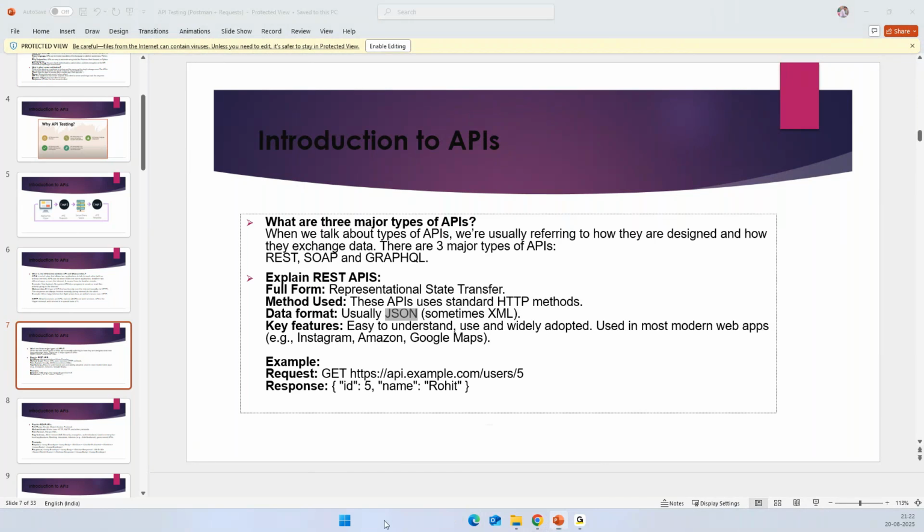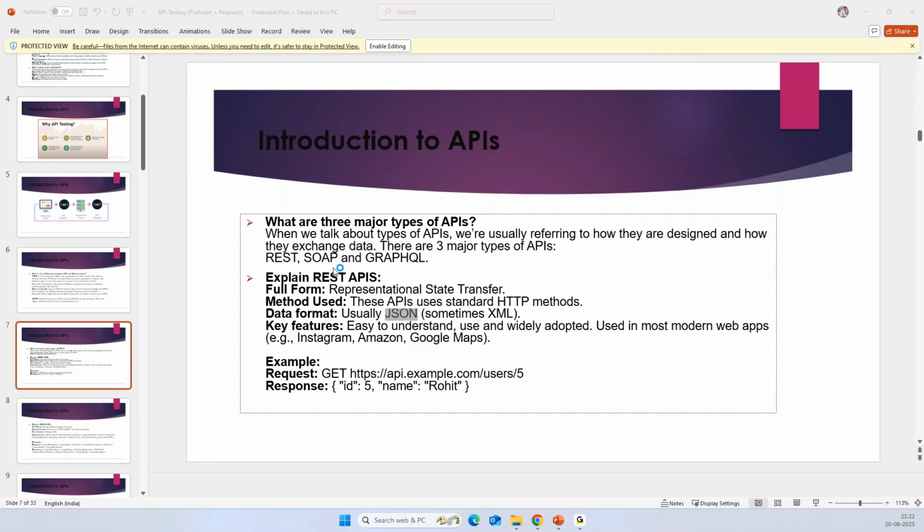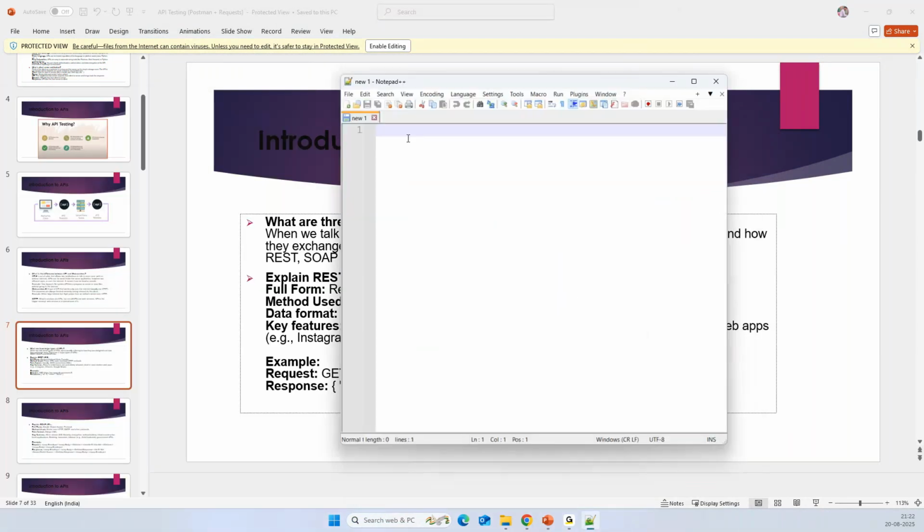Now what exactly is the JSON format? Let me show you. I'll just quickly open the notepad. If someone doesn't know about JSON format, let me show you. Basically, we need to have curly braces, and then the JSON will always be in key-value pairs. What does key-value pair mean? Like this: name, and then the name will be Dilip Kumar. If you want to add one more piece of data, just add a comma, and then again age, and then the age could be